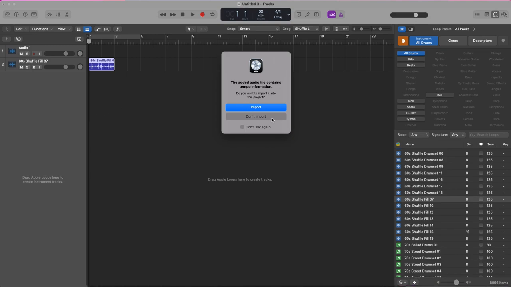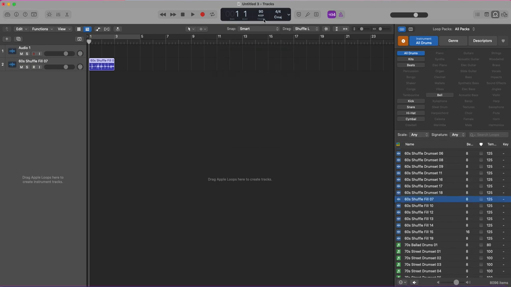The first time that I import an Apple loop, Logic will ask me if I want to import also the original Apple loop information. Normally I don't import it and I keep what I set in the project. So 8 beats means 2 bars.